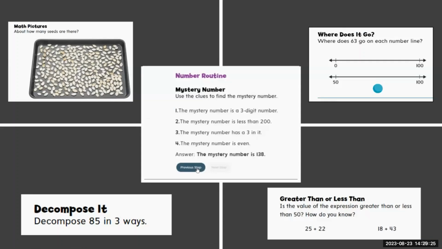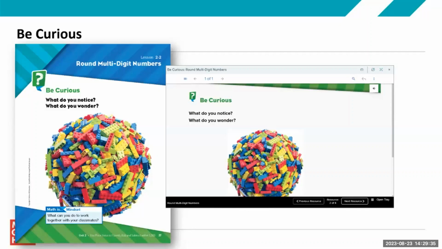So the number routine is a great way to launch and begin your lesson, or as I said, it's great morning work. Then from there, we move into the Be Curious moment. And this is where you'll see on the student pages, the sense-making routine, such as what do you notice, what do you wonder, and you do have a slide for